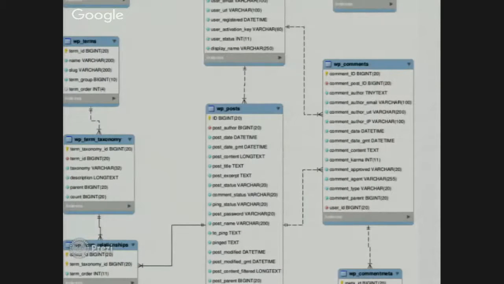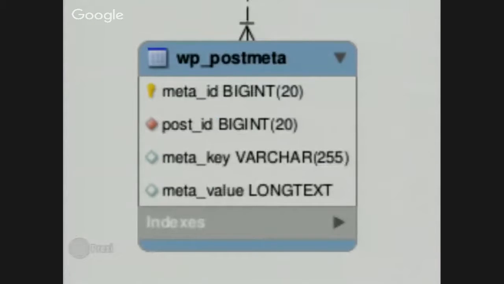So I just wanted to show this view of the database so you could see that there are relationships between the content that we're creating and these other tables. The most important one related to posts is post meta. And what post meta does is it allows you to infinitely